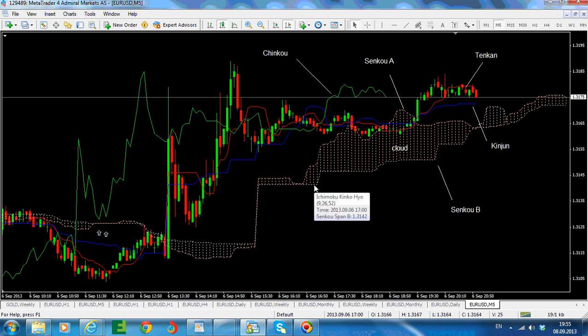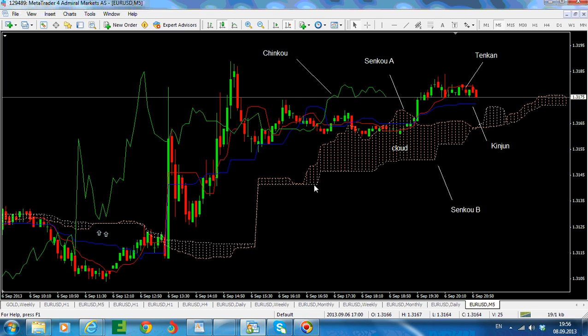Still on the first part here, but this is the last recording on the first part in introducing the Ichimoku Kinko Hyo. The reason why it took so long was because the Ichimoku Kinko Hyo is actually formed out of 5 different elements here, not considering the cloud, because the cloud is a result of the Senkou A